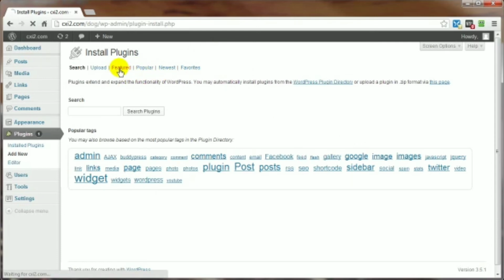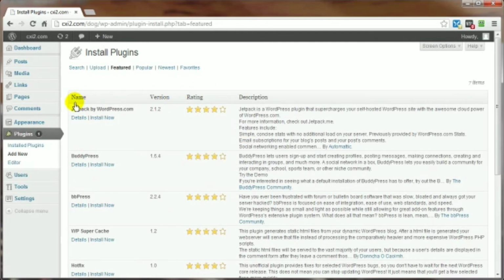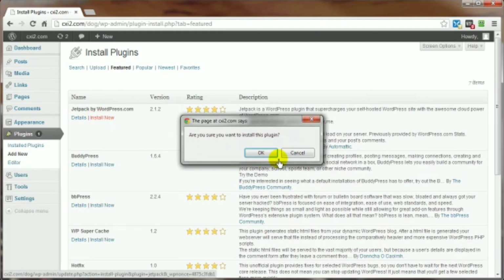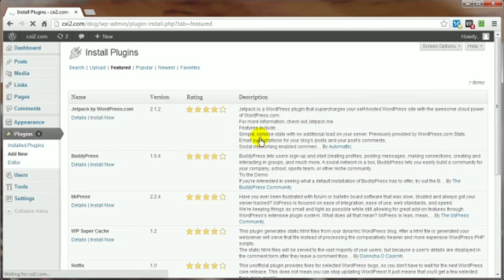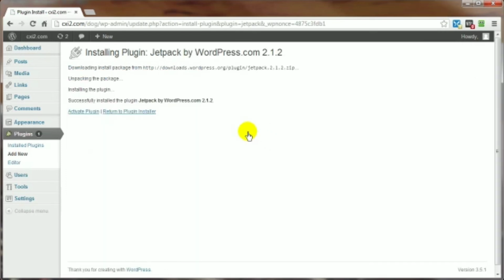Let's try featured, and inside of here you can see some of the featured plugins, and here you can get the ratings. You can get a bit of a description of that particular plugin. But to install one of these plugins, you just simply click on install now, and it'll give you a little message here warning you, are you sure you want to do this? Which is cool, because that way it gives you a chance to back out if you don't want to. Then you just click on OK, and at this point the plugin is being installed, but it's not active on your site yet. We go back here to plugin installer,